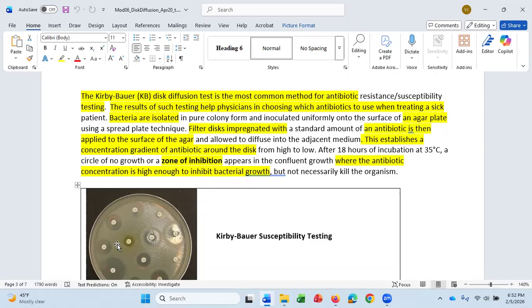The filter discs are impregnated with a specific concentration of the antibiotic. You apply the antibiotics and then let it sit for about 5 minutes, mostly to let the agar absorb the liquid when you put the bacteria on the plate. Then you place the paper disc down. It has to be placed down at a certain time, between 5 and 15 minutes after you put the